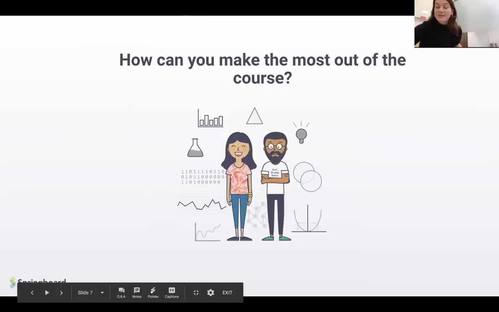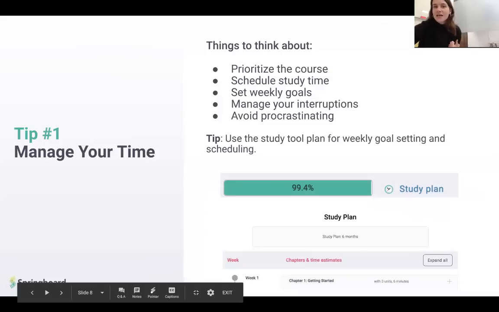So how can you make the most out of the course? We're going to go over some tips and tricks here. Tip one is about time management. We do have this study tool for weekly goal setting and scheduling that's really helpful. It is an estimate, so some portions may take you longer than estimated, some may take you less time, so just be mindful of that. It's not a perfect algorithm, but it's definitely a helpful way to plan for the week ahead,